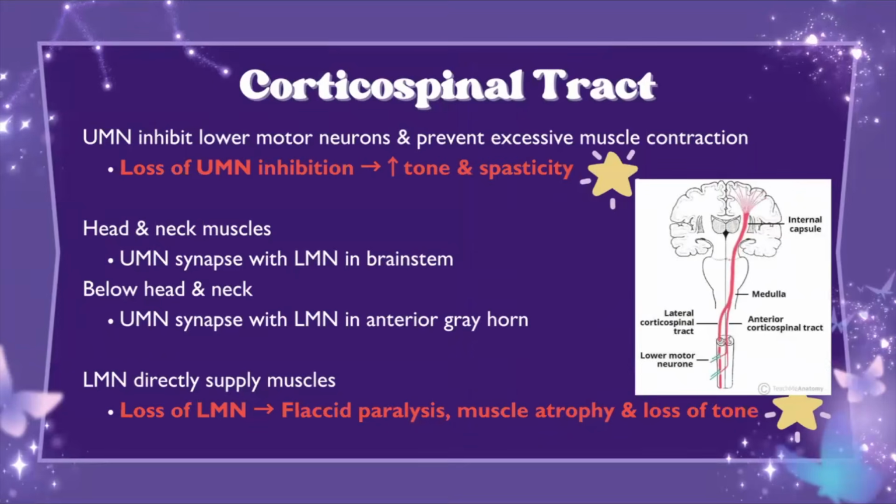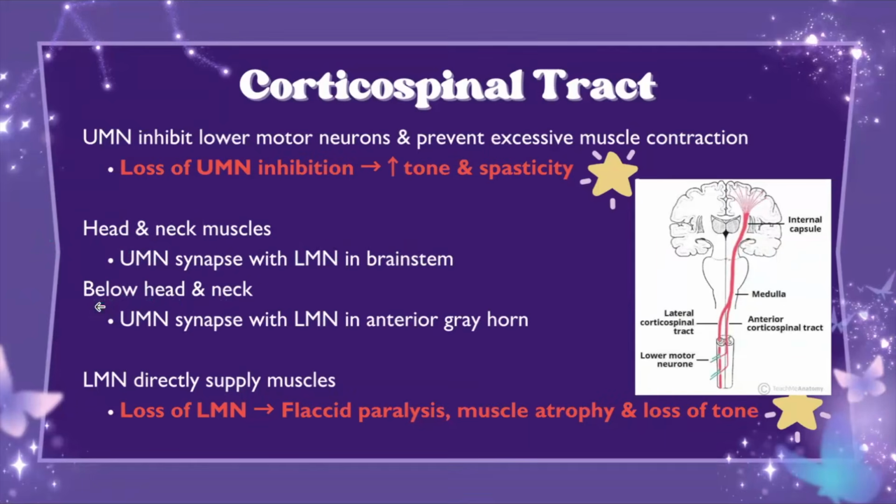Okay, so just one concept that I want to get out of the way quickly so that you guys don't get confused. If the upper motor neuron is going to supply the muscles of the head and neck, it needs to synapse with a lower motor neuron in the brainstem. That is not our issue. Okay, put that to the side. What we're talking about is